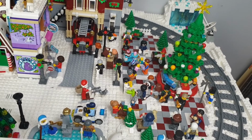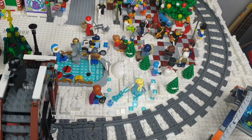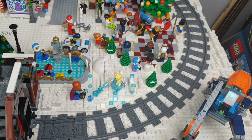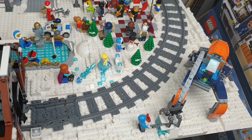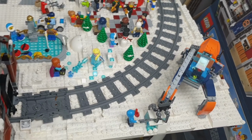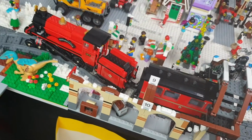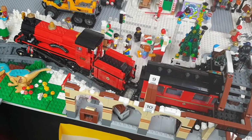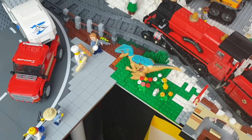And we've got Father Christmas there and all sorts of other things. And yeah, Elsa is doing the Frozen bit, blah blah blah, as they do. And we've got a digging for something thing there. And last but not least, on this part of there, we have a Harry Potter train and a random dinosaur